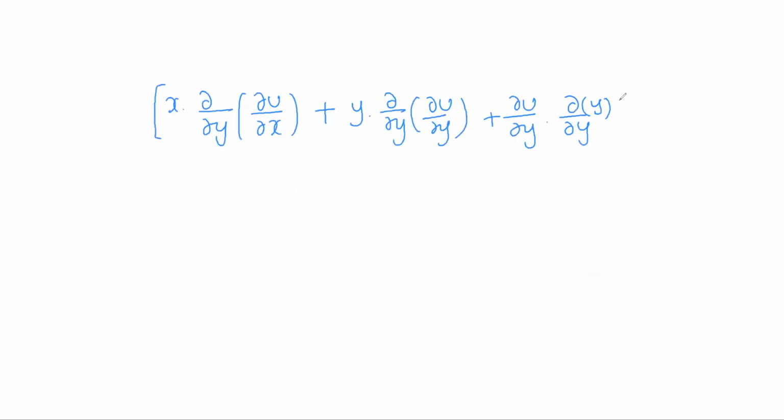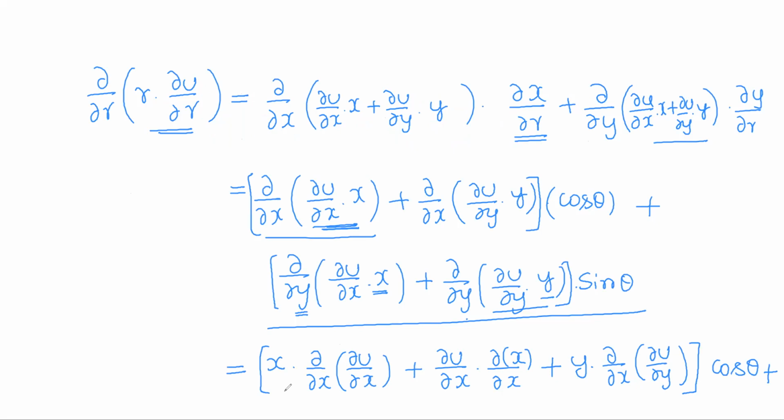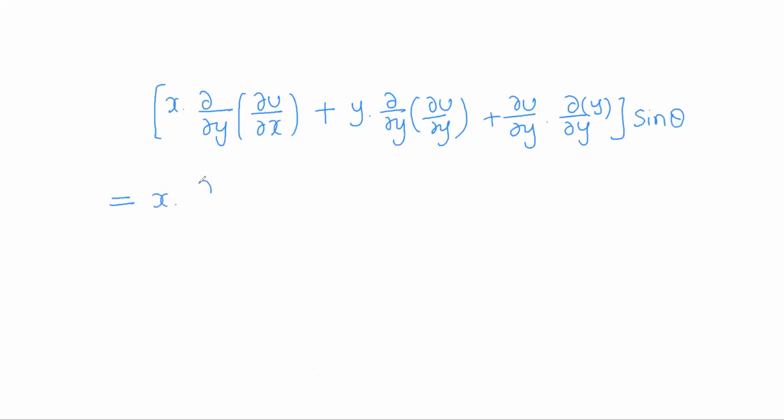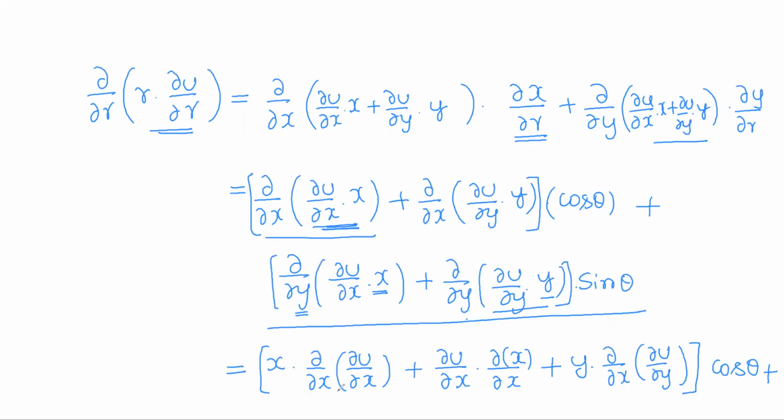So this whole into sine theta. So now just once again simplify it. So what we have, x into dou by dou x of dou u by dou x, which means dou square u by dou x square. That is, differentiate u with respect to x twice. So already we have differentiated one time. Once again you have to differentiate.